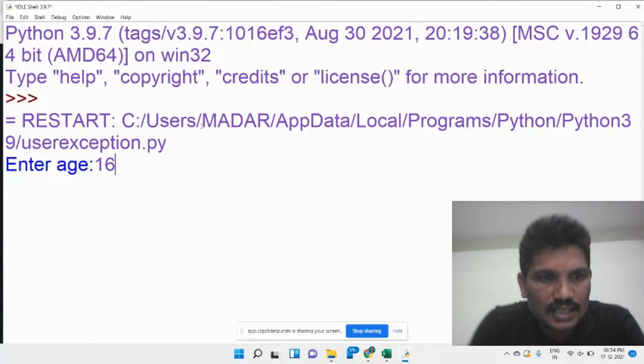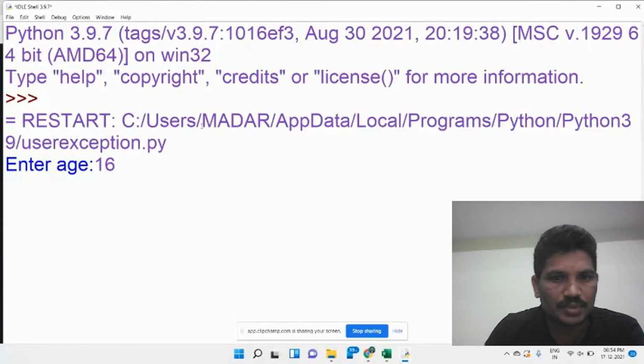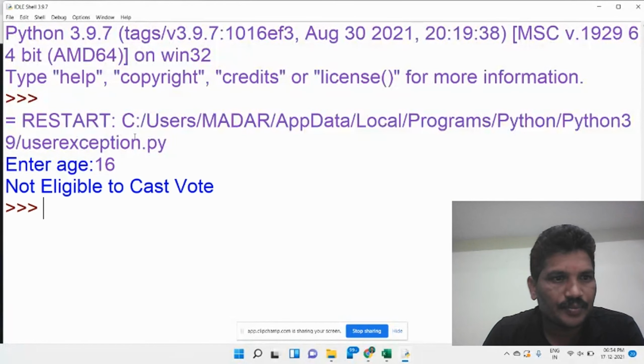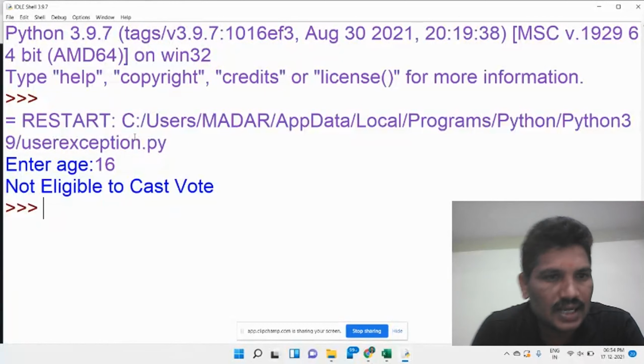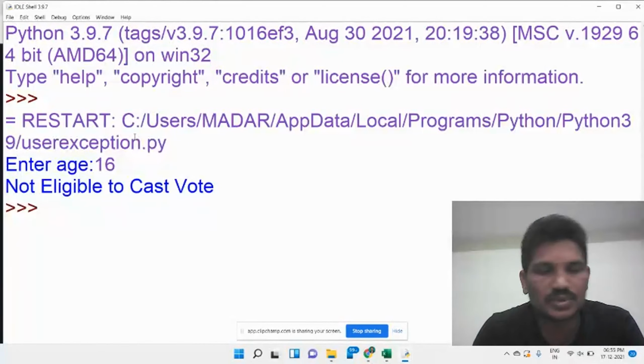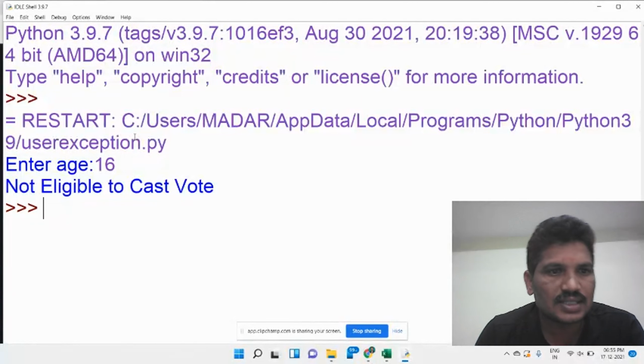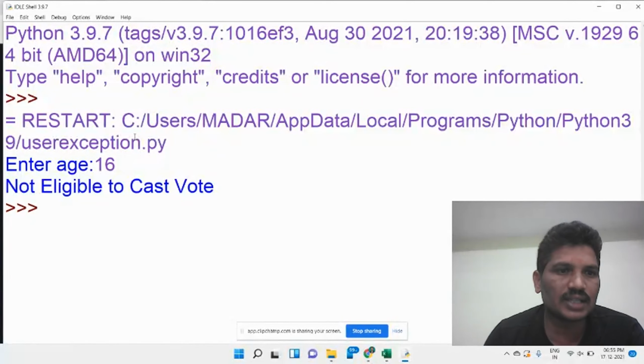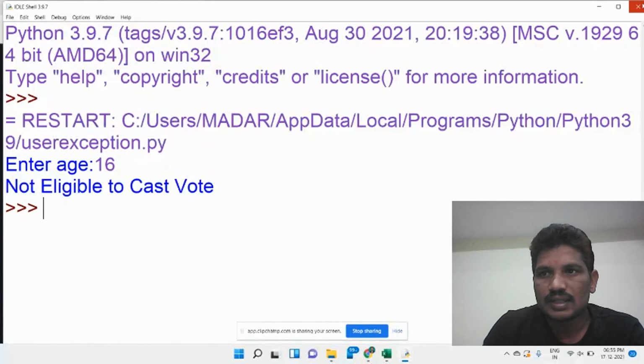The 16 is given as input, then enter. See here, not eligible to cast vote, which raises an exception. Once the message has been displayed, next time we will give an age of 18 or above. Then only that person is eligible to cast vote.